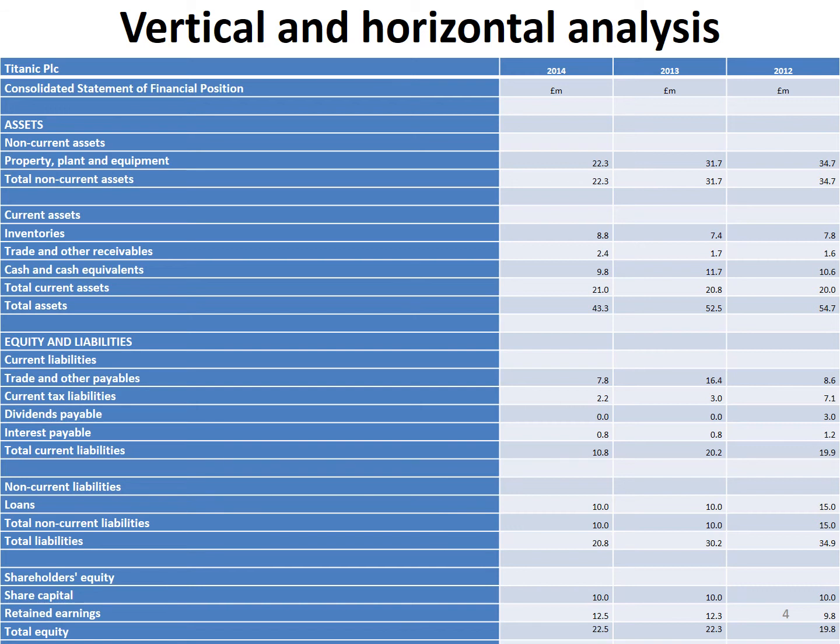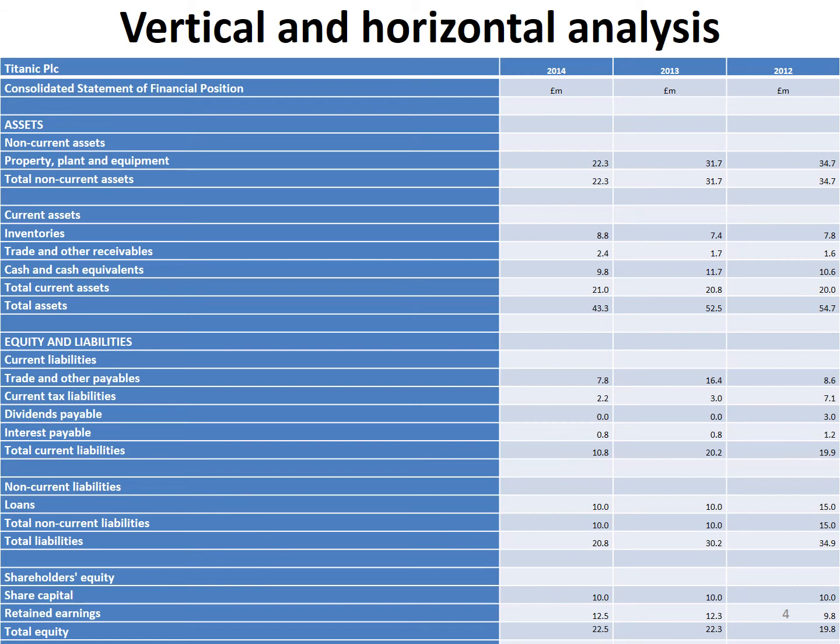Assets have been given: non-current assets, property, plant and equipment, and total non-current assets. In current assets, the assets that will be realizable within 1 year, there are inventories, trade and other receivables, cash and cash equivalents. Then the figure of total assets. Why is this total assets figure important in the statement of financial position? That line item will be used as the base 100 in your vertical trend analysis.